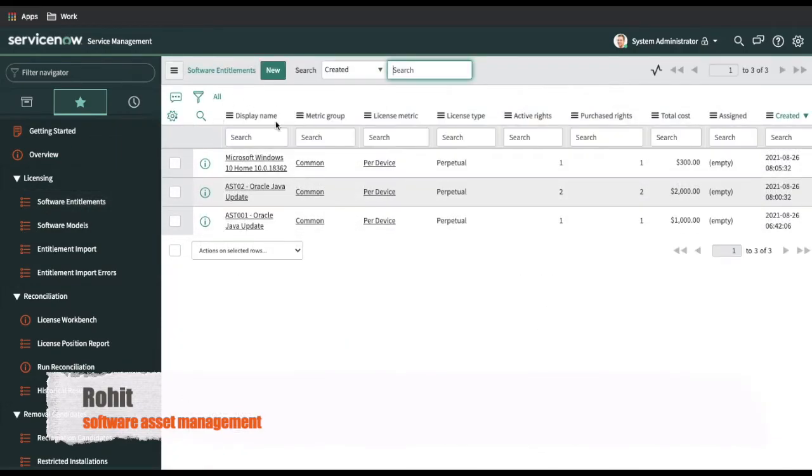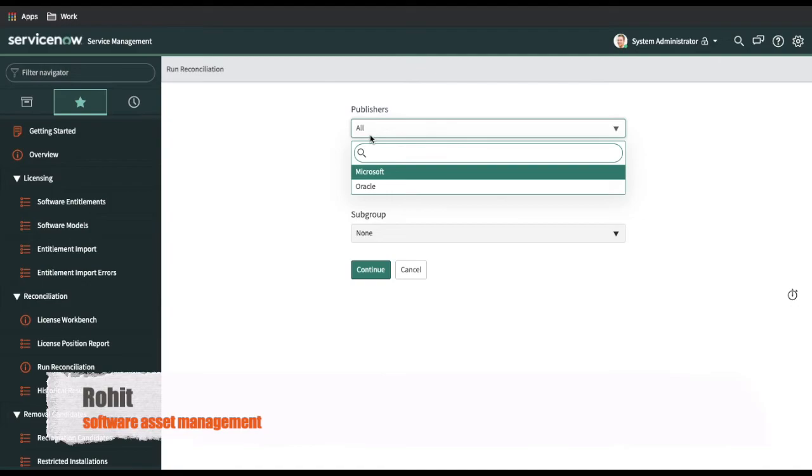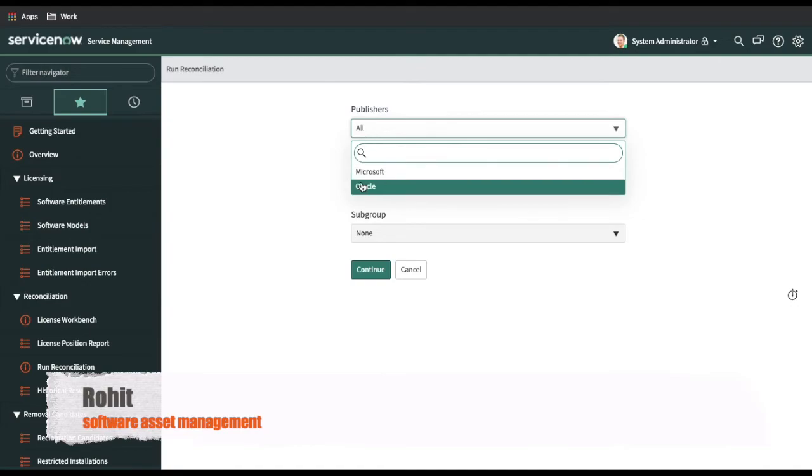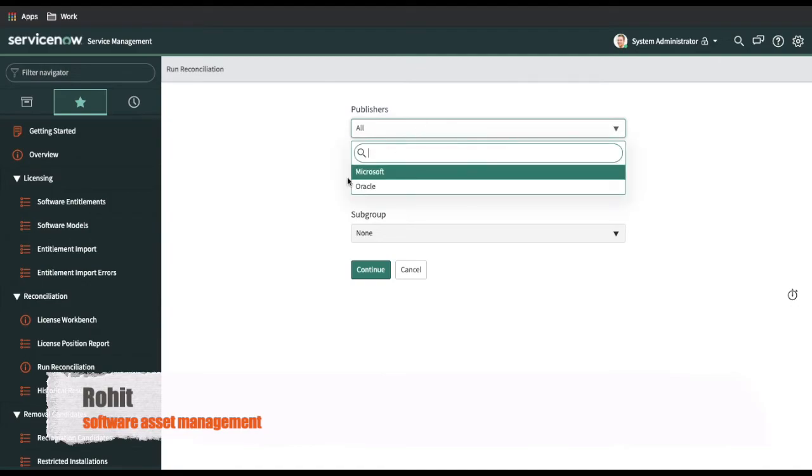So now you can see that I have created one software entitlement for Microsoft. Now if I go back to this run reconciliation rule, I can select a specific publisher or all, because there is an entitlement for Microsoft as well.